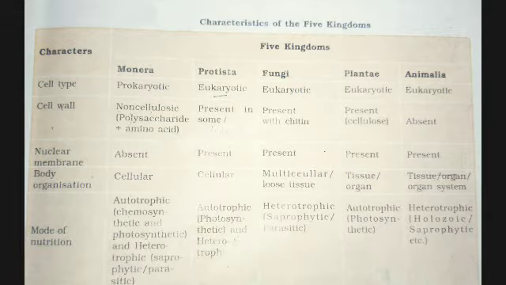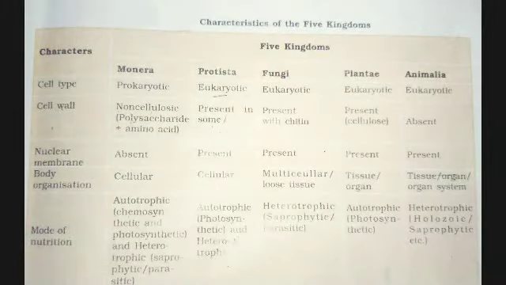So guys, you can see this table on your screens, right? This table is from the class 11th biology NCERT book, right? You have seen this table in your book, but you haven't ever focused on it. This is really very important and will help you a lot if you go through this table, because this table summarizes all the kingdoms and their basic characters which differentiate each of them from each other, right?